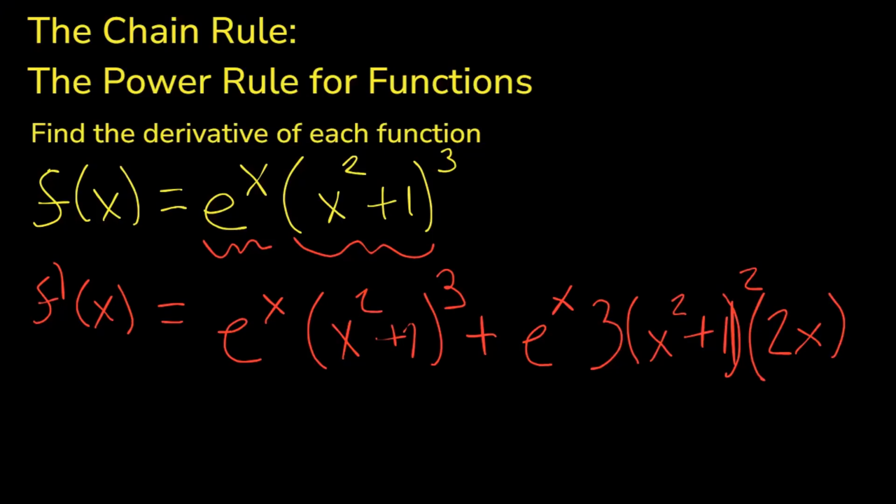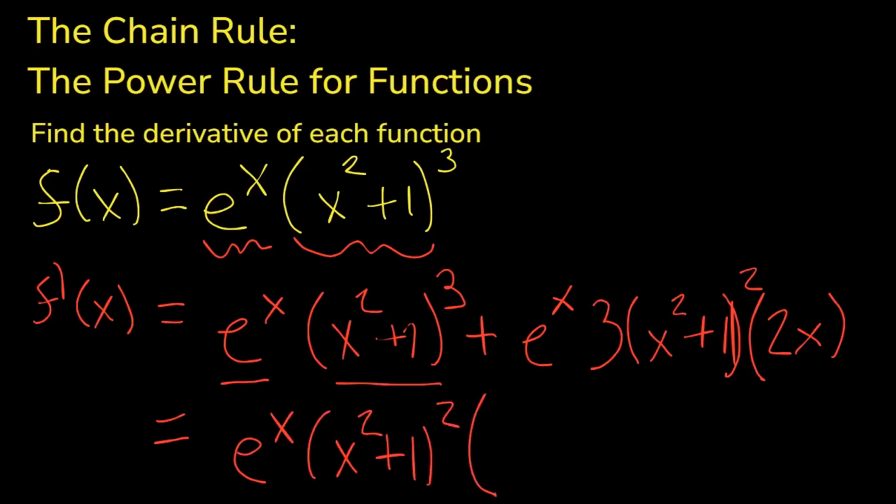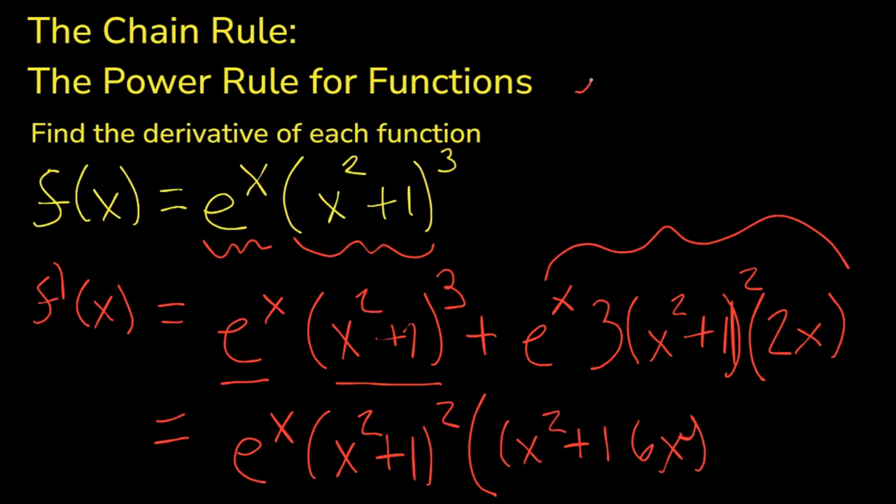Now, we could simplify this a little bit. It's not necessary, but on the AP exam, sometimes if this were like a multiple choice question, they might simplify it. So we could take an e to the x and an x squared plus 1 quantity squared out of both of these terms. And then that's going to factor everything out of this first term except one more factor of x squared plus 1. And then everything's going to get factored out of this second term over here except the 3 and the 2x, which are going to multiply to 6x. So you might see the answer as e to the x times x squared plus 1 squared times x squared